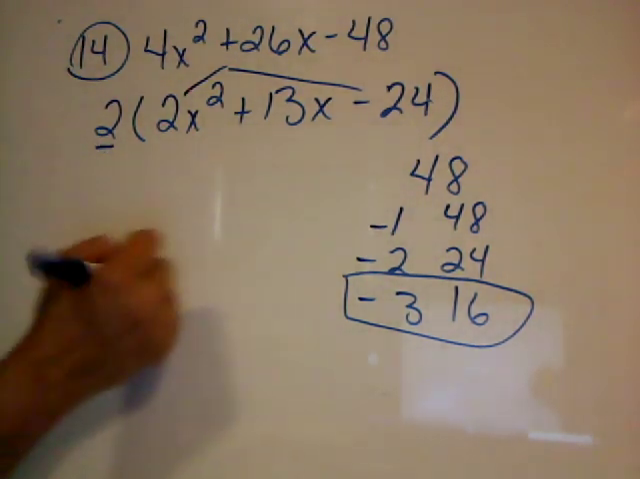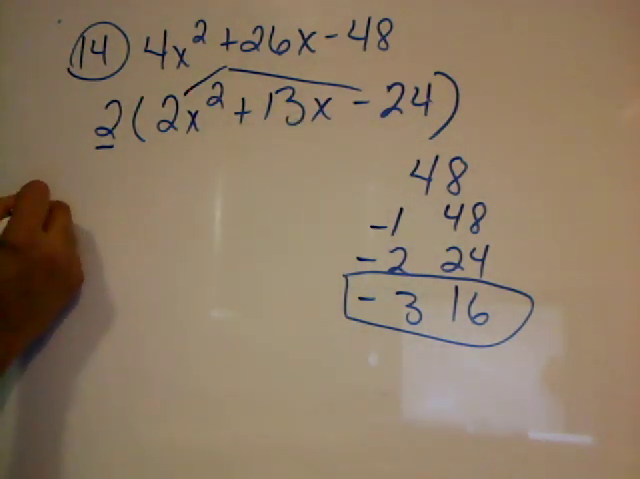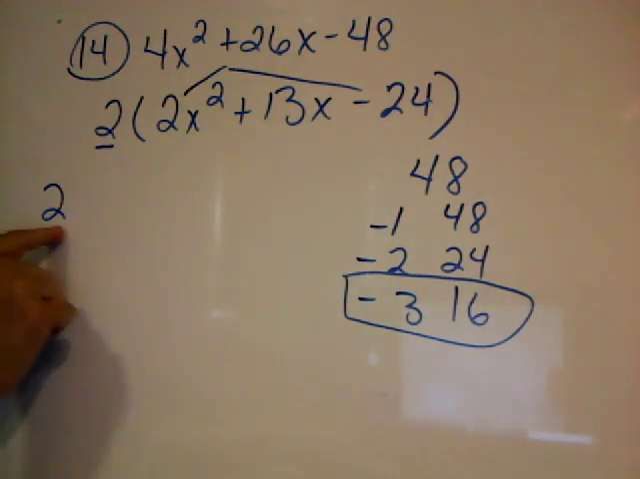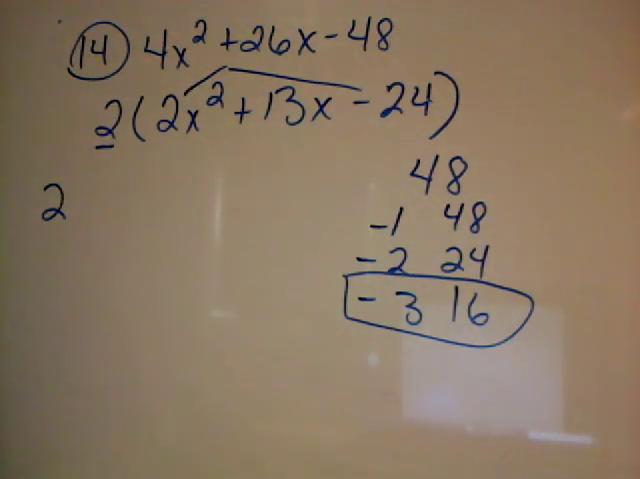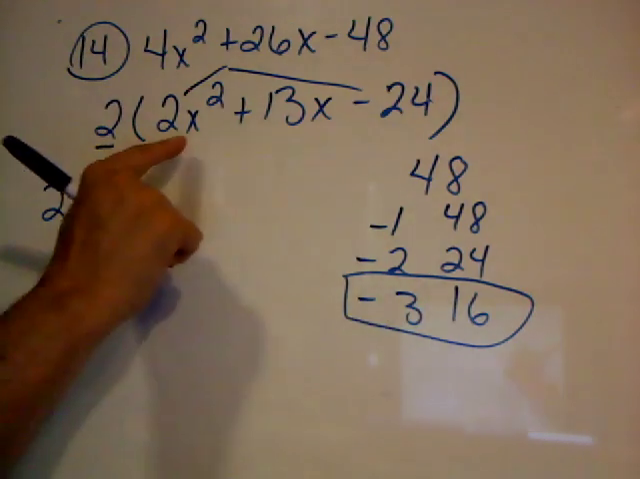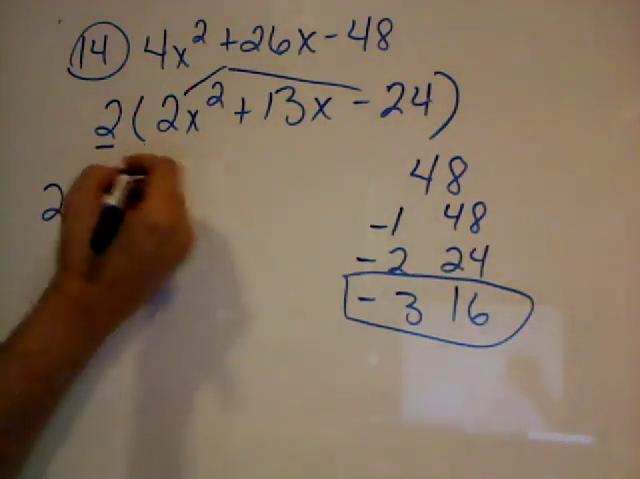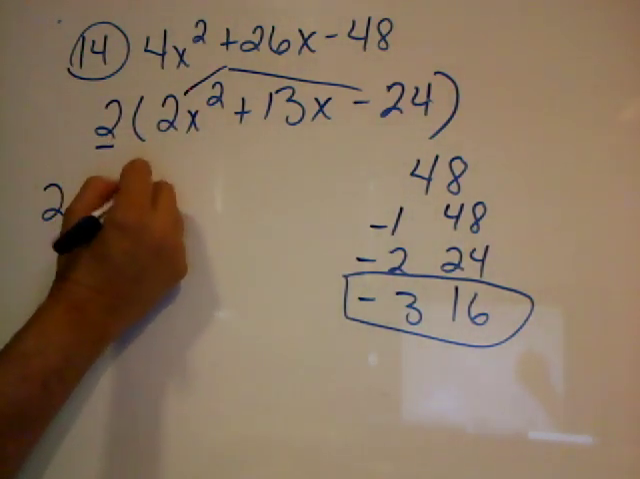You can use brackets and extra things if you want to. I'm just going to put my 2 over here. I know it's here. I don't want to lose it. Okay, so I'm going to pair the 16 with the 2 and the 3 with the 24 because that makes more sense with factoring. So I have 2x squared